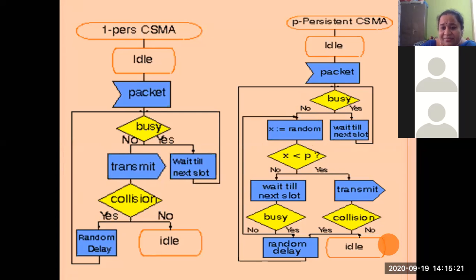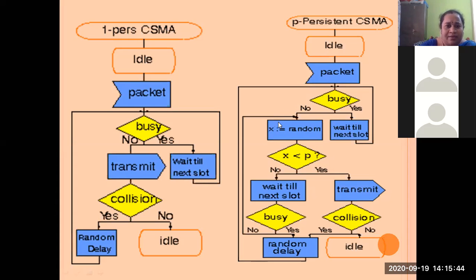So if our random waiting time is very small compared to the probability of that station sending the data through that particular carrier, then we transmit our information. Otherwise, we have to wait, obviously. So this is what happens with P-persistent CSMA. We have to calculate the probability of the other neighboring stations which are